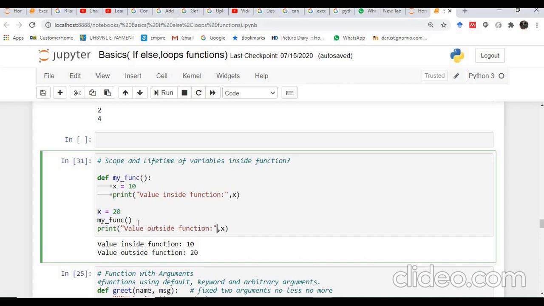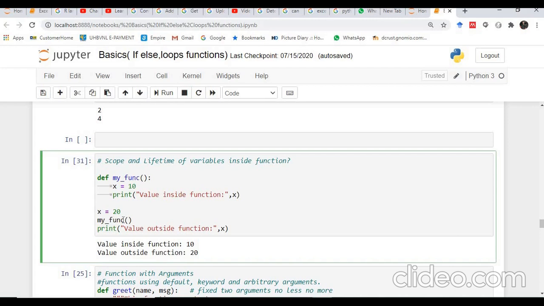So now see what is happening when we execute this program. The execution will begin from this point. We assign x is equal to 20, and after that we call this my function.